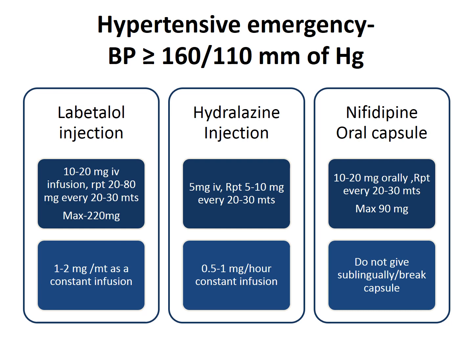When the BP is more than or equal to 160/110, it is a hypertensive emergency because, left untreated, complications like eclampsia, intracranial hemorrhage, pulmonary edema, left ventricular failure, abruption, etc. can occur. So it is mandatory that the blood pressure should be brought down immediately, and the oral drugs may not be suitable for that. The primary drugs used to control hypertension in a hypertensive emergency are injection labetalol, injection hydralazine, and capsule nifedipine.